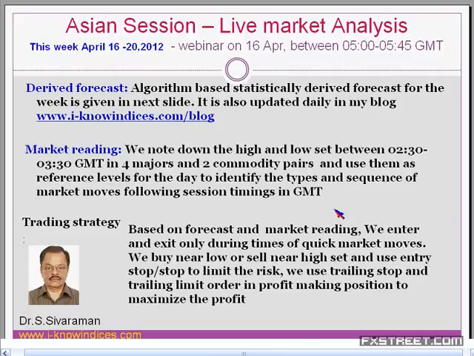And during the start of the third session, if the market has dropped, we try to take a buy. If the market has risen, we try to take a sell. So that way, following the GMT time and the session times, we try to identify what sort of trades we can do. We are not in a hurry to enter into the market. We want the spread between the low and the high to be more than 40 to 50 pips in order to initiate the trade.